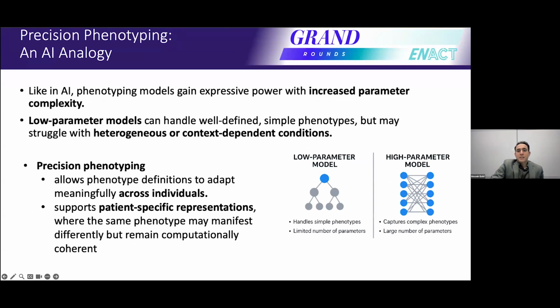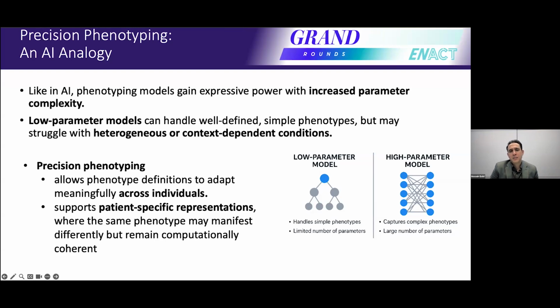If you really want to understand the value of precision phenotyping, think about what's happening right now in artificial intelligence. This is an analogy to AI, especially with LLMs. In AI, there are small models with fewer parameters right now that you have probably interacted with. They are increasing in complexity over time. Simple ones can handle basic tasks. They're fast and simple and good enough. But the minute you ask tougher questions, for example, you need context, nuance, or depth, you need models with a lot more parameters to capture the complexity.